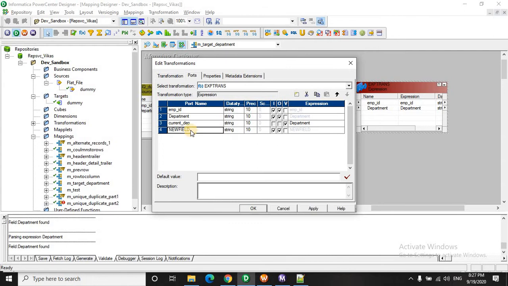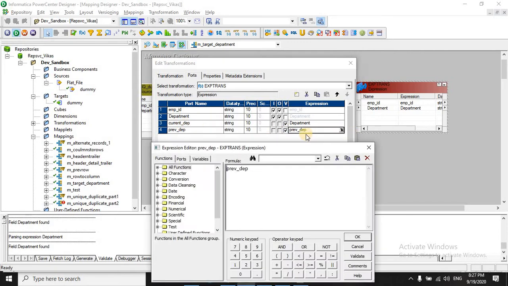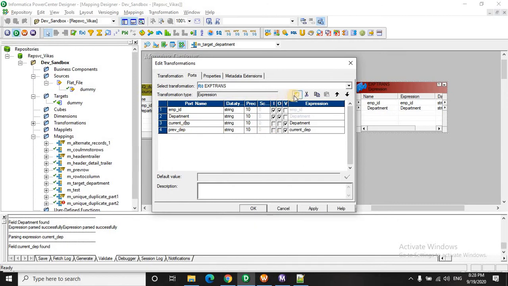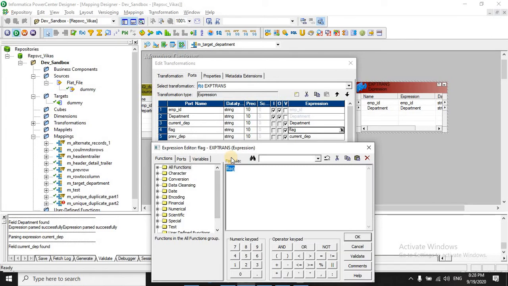We will also have a previous department, which will have the value of the current department. In between we will do the calculation, that is, raising the flag if there is a change in the department. So let's use another variable where we compare the previous department of the previous row and the current.